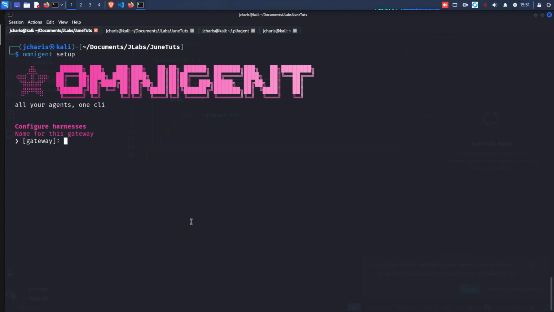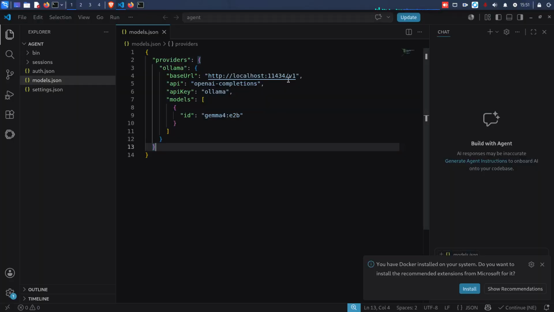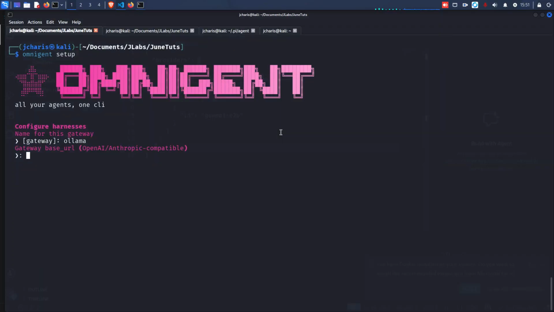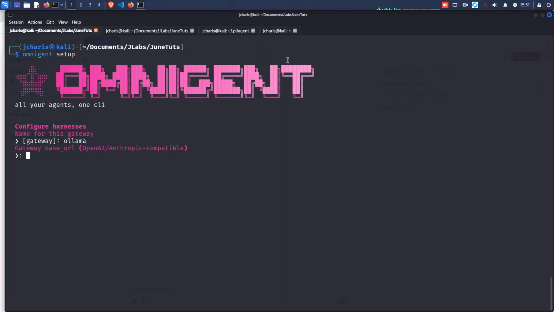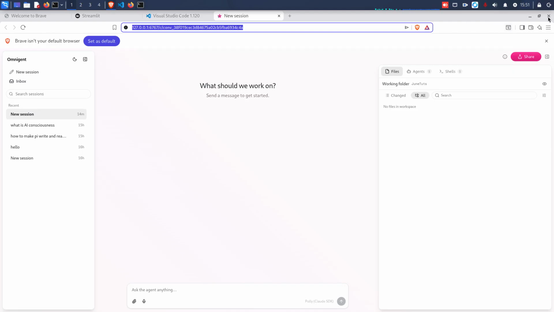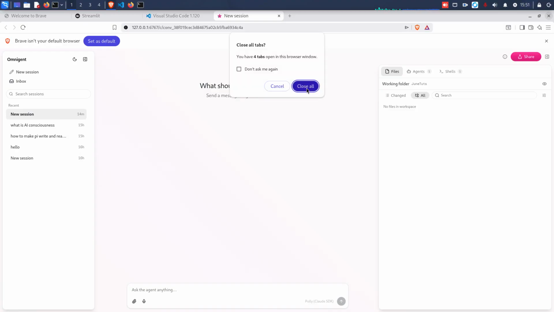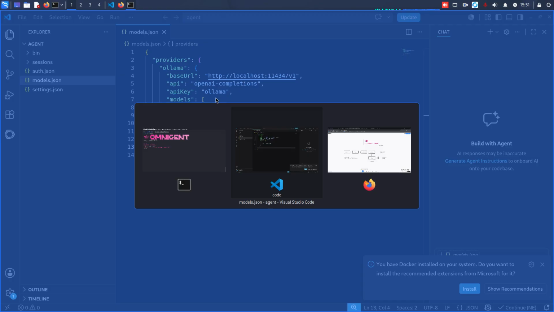And I'll just go with Ollama, right? So I'll just give my harness as Ollama, and then I can just paste in this URL, the same URL that I used, this one, or I can just go to their docs. Let me close this one. I'll explore this one later. I'll go to the docs